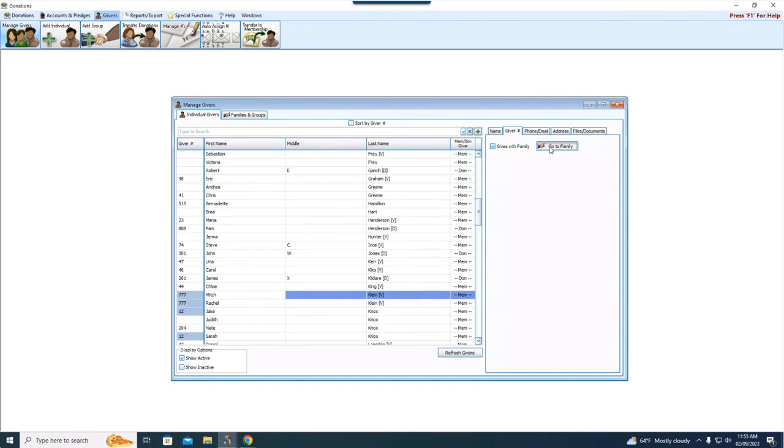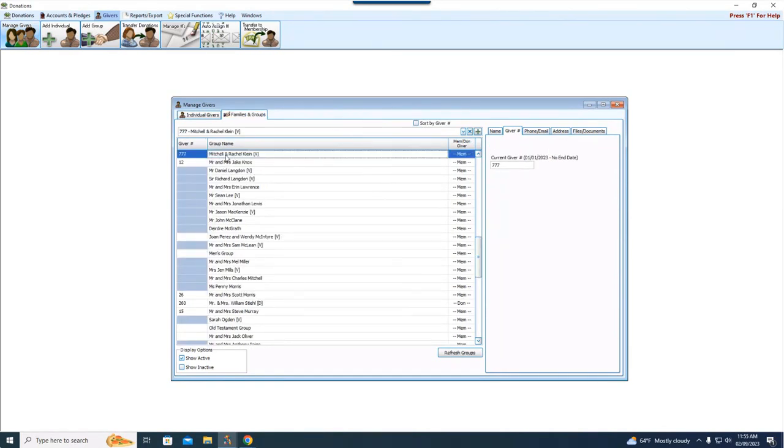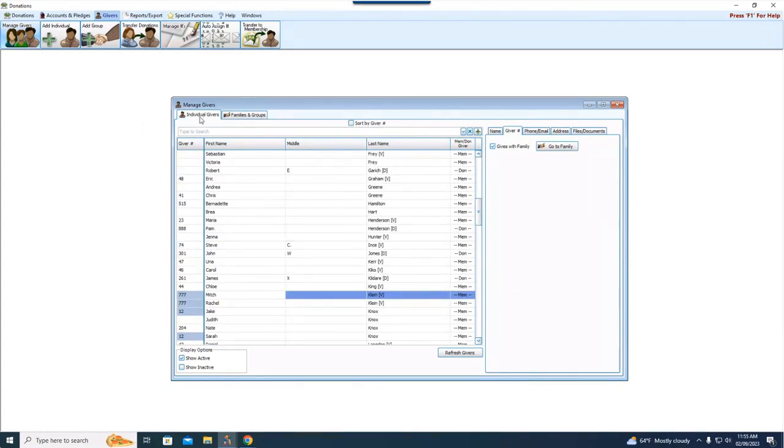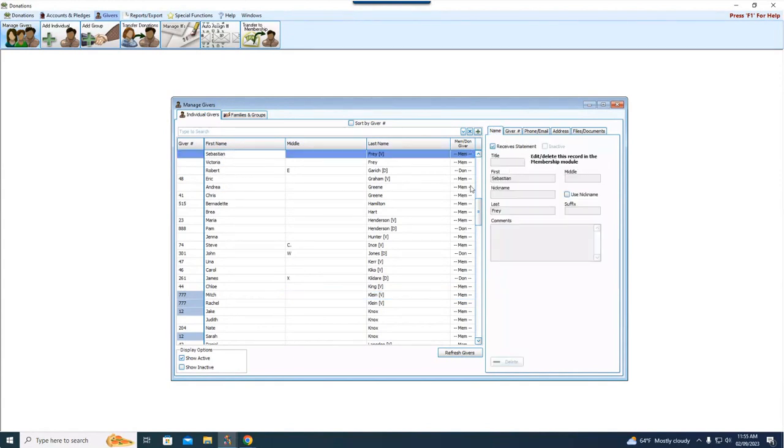So I can hit Go to Family, and it's going to jump me right here to the family record for Mitch and Rachel. And if I go back to my Name tab, I can now see that I have that little check mark here for Receives a Statement, and I can check it here. Okay, so long story short, if they give as a family, meaning their check gives with family, you need to come to the Name tab, check Receive Statement here. If they give by themselves, they give individually, where they are not checked Gives with Family, then you come back here on the Individual Givers tab and you can check the Receive Statement box here. Okay,